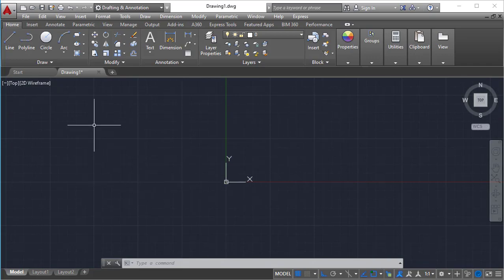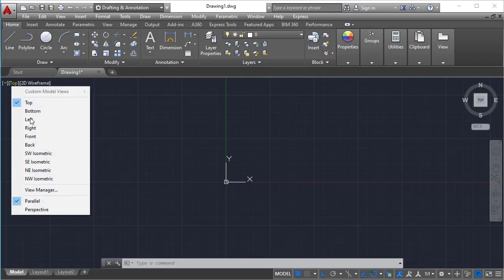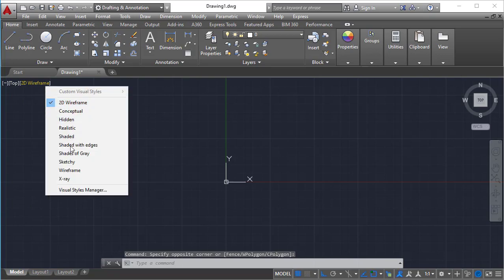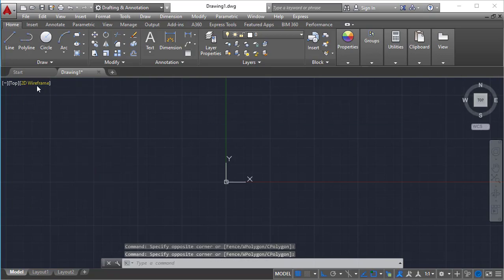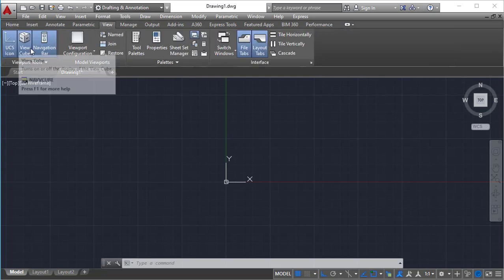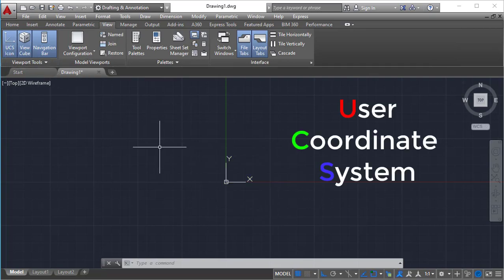In this area you need to remember this one. This, we call view toggles. Here you can switch on different types of view modes, and similar to this we can use this view cube. And right beside this one we call it the navigation toolbar. All these options are present in this view panel bar. See, view cube, navigation bar. UCS icon means this one. UCS means, better note it down, user coordinate system.